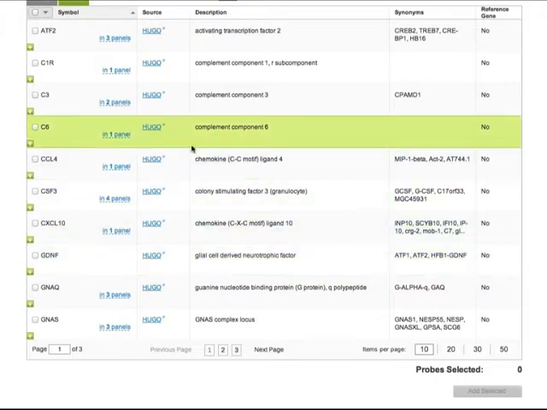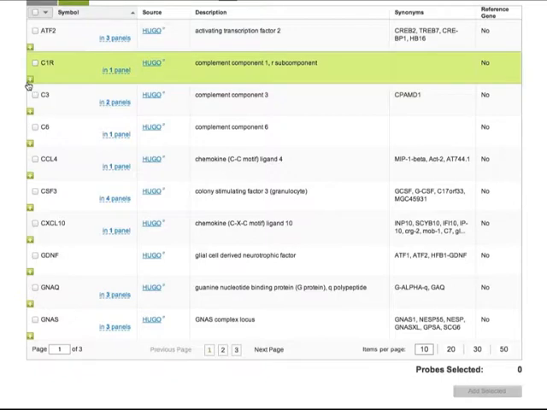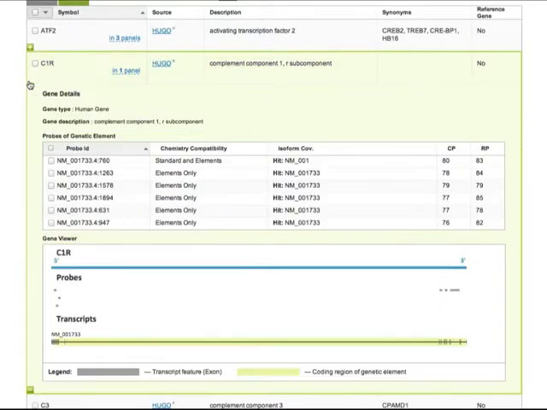I can further investigate each individual gene by clicking on the plus and expanding it. And here what I see is all the different probes available for that gene. And you'll notice that one of the probes is defined as standard and elements chemistry. I can use the gene viewer to figure out whether I want to use the nanostring optimal probe, which can be used for both the standard and elements chemistry, or alternate probes, which are available for nDesign for elements code